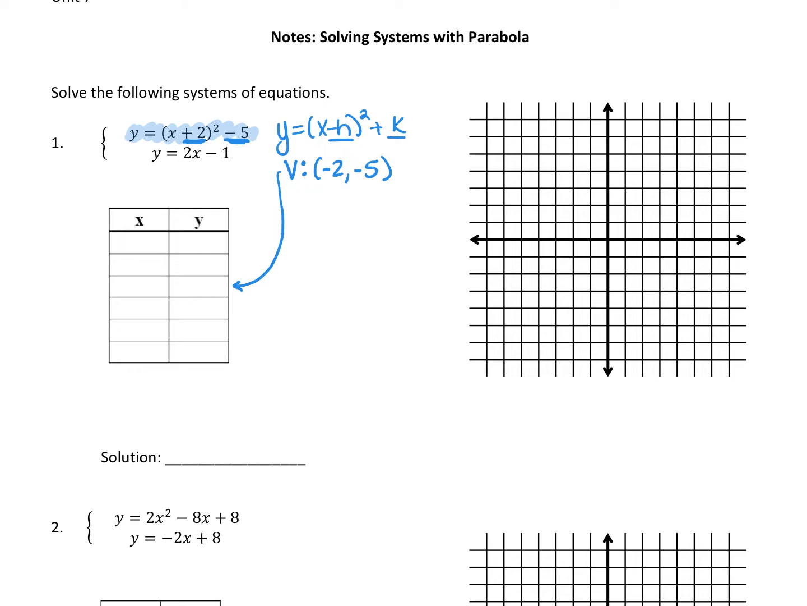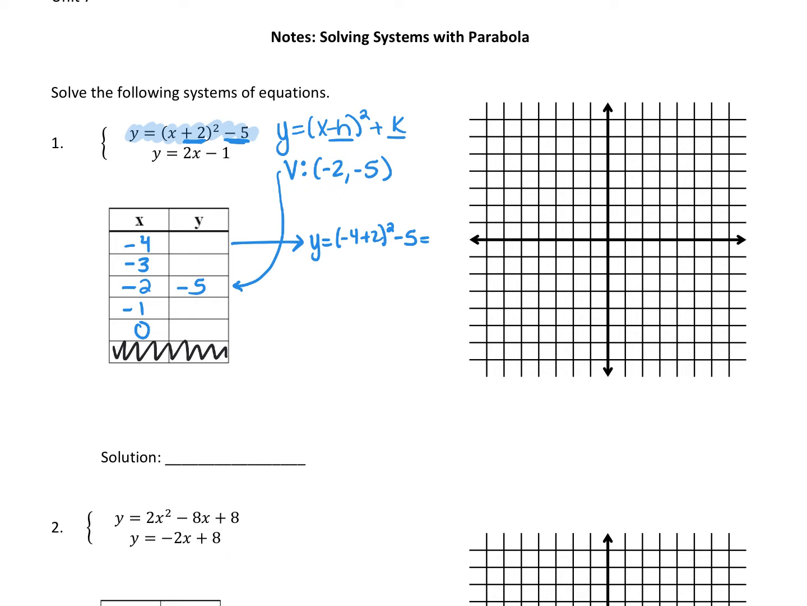And we're going to put this in the middle of our table. We actually will not need this last row. Now I want to build a table around that point. So I'm going to put two numbers that are less and two numbers that are more. Now I'm going to take each of those numbers and plug them in my graphing calculator. So for example, for this first one, I put y equals (-4 plus 2) squared minus 5,